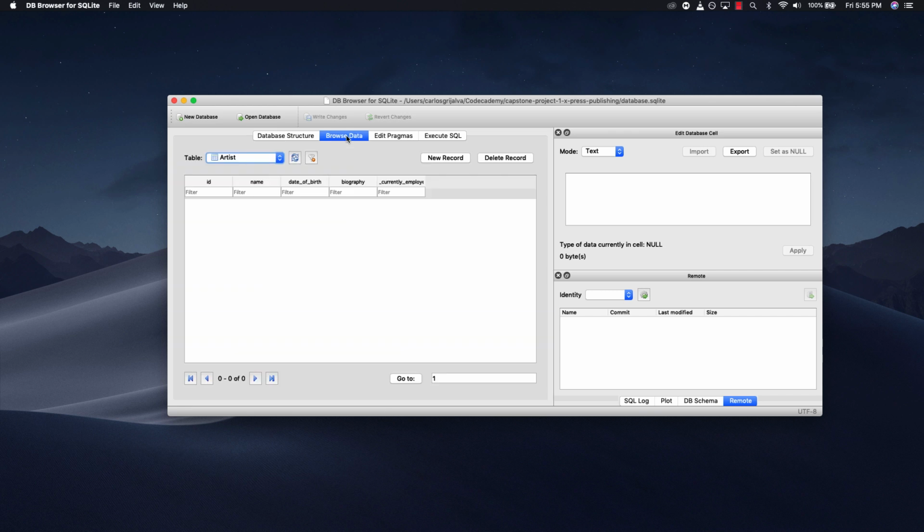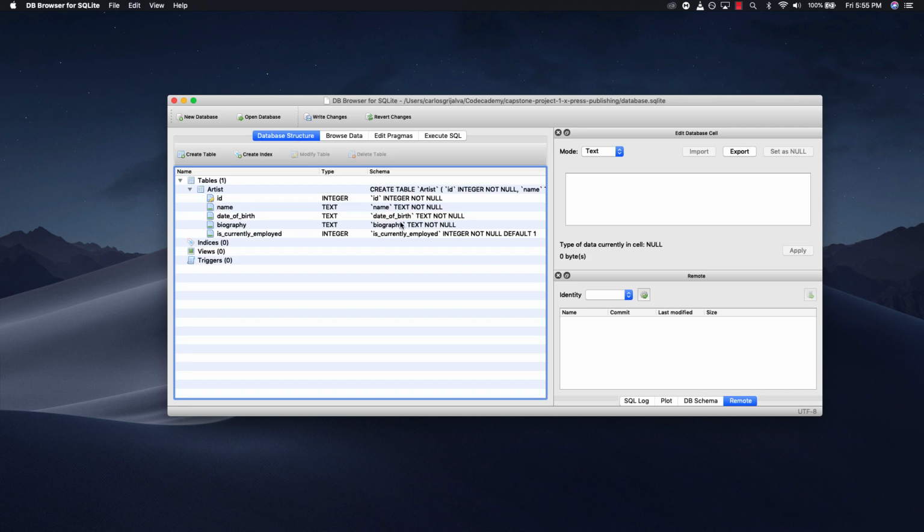But if we want to try inserting stuff into it, we can go into this table and try a new record and specify what record we're going to type. So Carlos, date of birth is February 3, 1990, biography, amateur artist, currently employed, and this is actually able to create the record. So everything seems to be working fine. You see that we have the rows, the date of birth, and we can delete this. And after this, if everything seems okay for you, and you notice that you have all the rows,